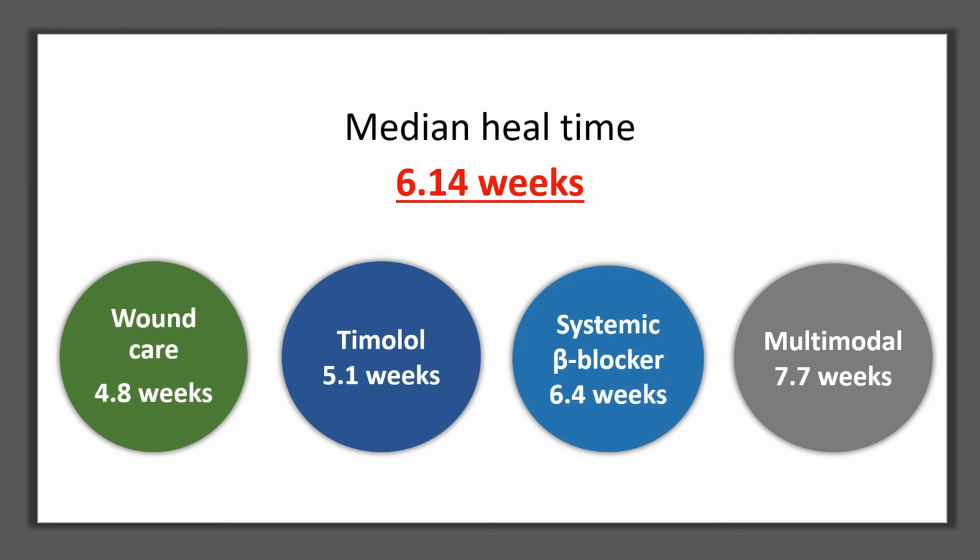Overall, when we look at all the patients, it took on average about 6 weeks for the ulceration to heal. Again, this helps us to better prepare parents and try to give them an estimate on how long it is going to take for that ulceration to heal. You can see for each treatment how long it took for that ulceration to heal on average. It took 4.8 weeks for patients who were treated with wound care alone, 5.1 weeks for timolol, 6.4 weeks for patients who were treated with an oral or systemic beta blocker, and 7.7 weeks for patients who were treated with